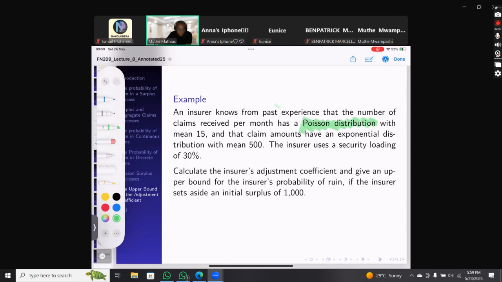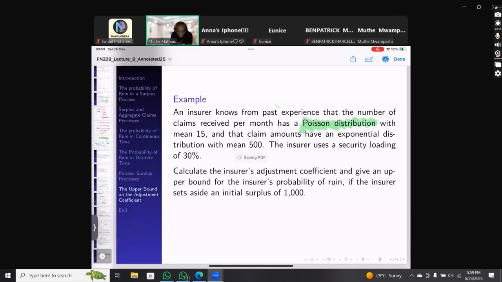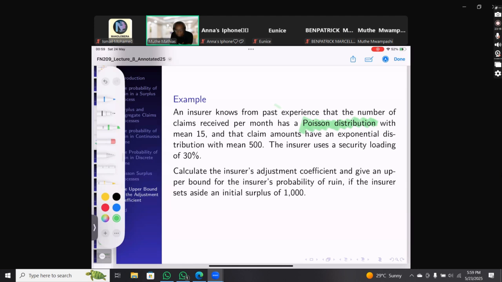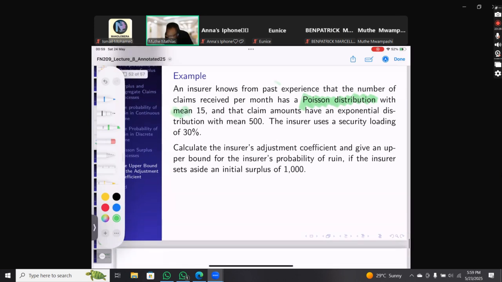The adjustment equation is no longer like that, right? The adjustment equation is the way it is because we are making an assumption that we have a Poisson distribution for the number of claims, right? So you will see all the questions use Poisson. The moment you assume another distribution, everything will change, right? And probably you're not going to have closed form or straightforward equations like what we have for the Poisson distribution. So of course, you know the meaning of this Poisson distribution, right? And that the claim amounts have an exponential distribution, which means this one here, right?